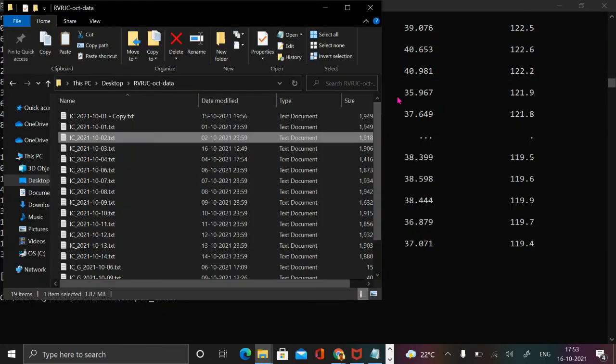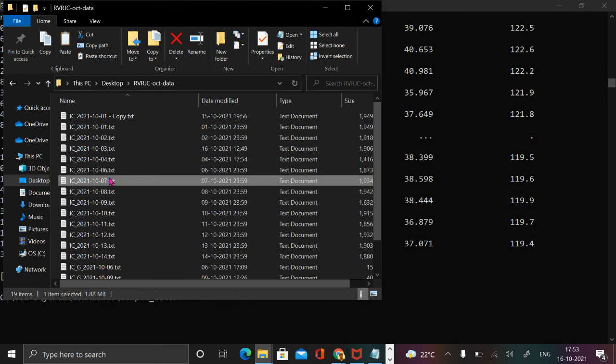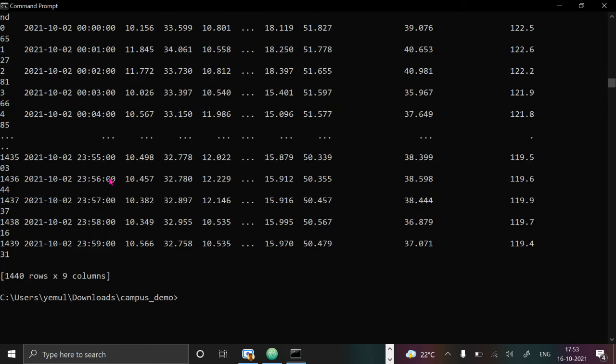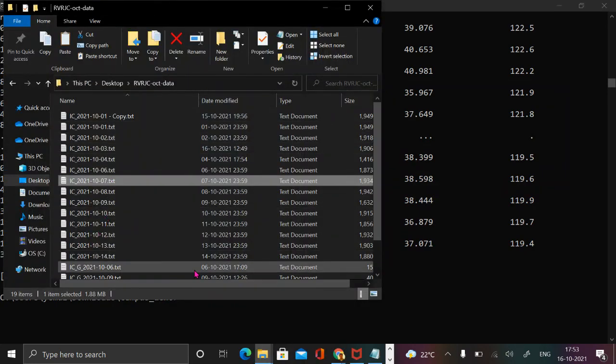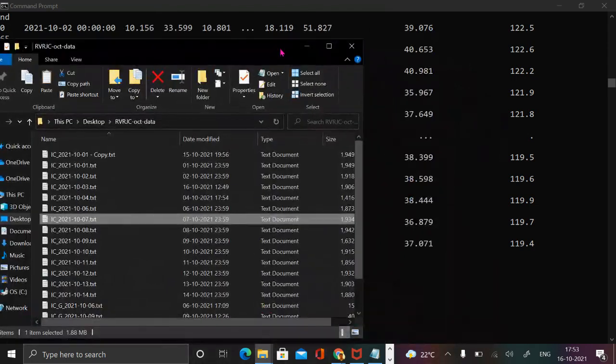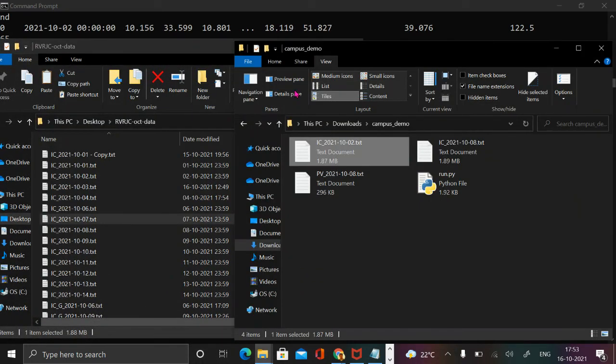Similarly, I can get one more day. Let's say I'm interested in the 7th, for example. So now I can load the data into my working folder, and then I can start.